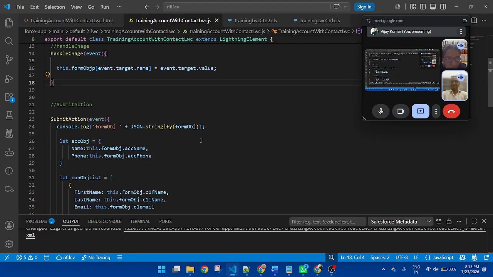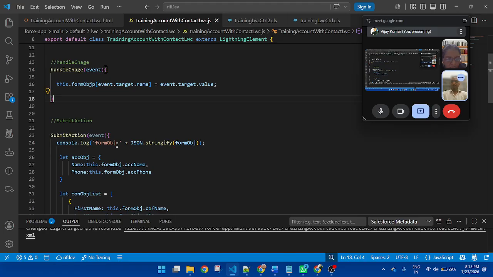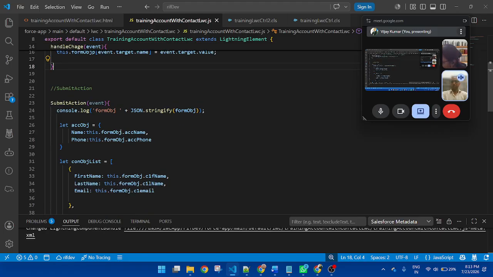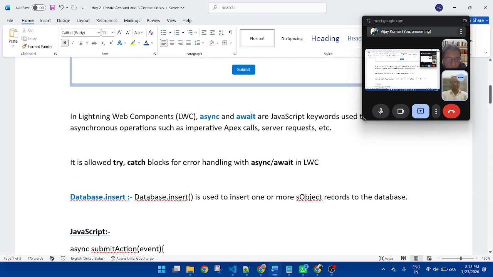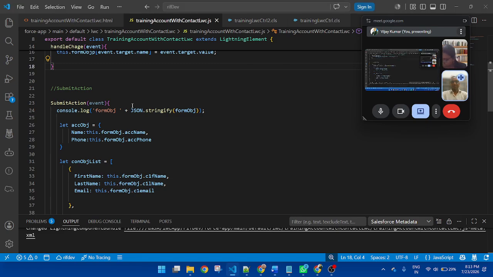Here I am getting error because here I am inserting multiple records through the database.insert. So if you are inserting with database.insert, we need to use async and await. Okay, async and await. So where I will apply async and where I will apply await, that is missing.